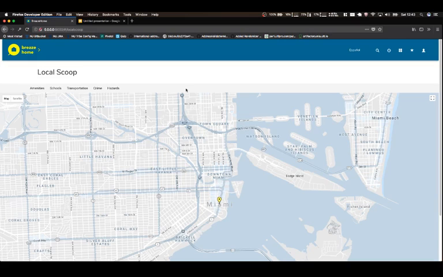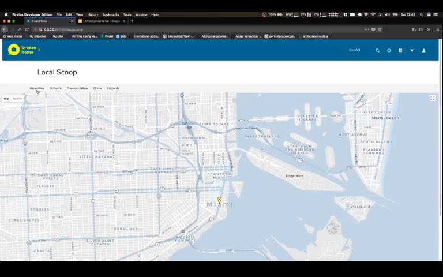So right now there is a nav bar, but it's sort of a dummy nav bar, only there for display. But I replaced the nav bar with an Angular Material nav bar. As you can see, each item on the nav bar is responsive. For this story though, since I am working on Local Scoop, I only made changes to the amenities nav bar